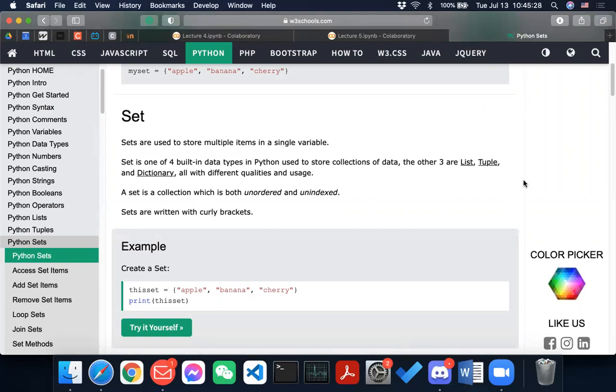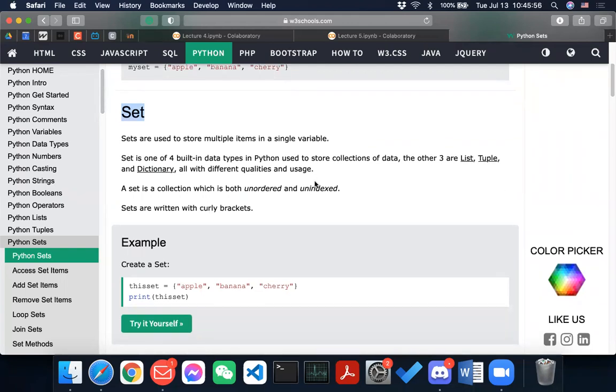A set is one of four built-in data types in Python used to store collections of data. The other three are list, tuple, and dictionary. Dictionary we're going to talk about today, and I am just briefly mentioning set. It will be mentioned more later in the lecture.